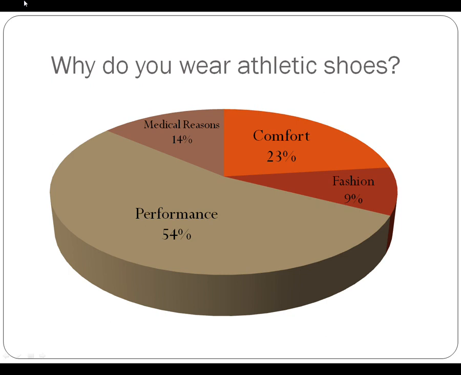So that would be an example of a segmentation of an athletic shoe manufacturer's potential market. And then once you have this, you have to decide who you want to target. Maybe you target them all. Maybe you just go after, say, the performance group, because it's the highest group. Again, it just depends on the company's goals, objectives, resources, those things.